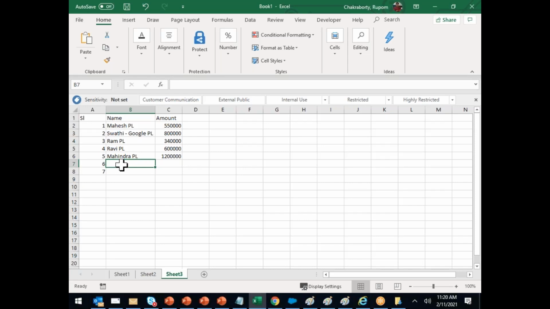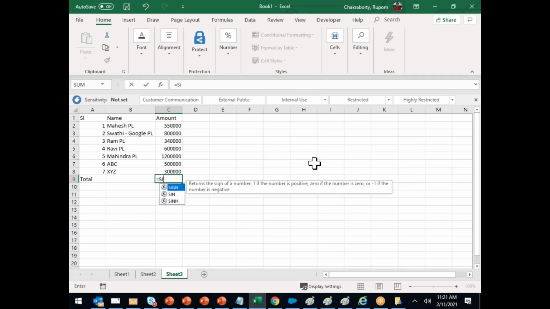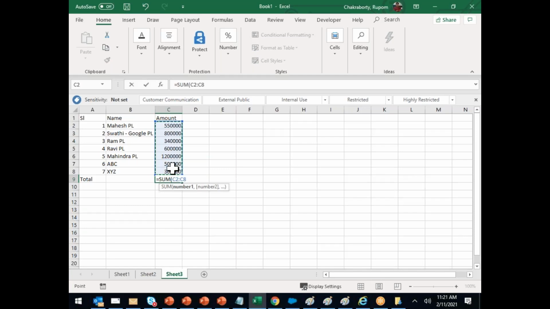Very good. So, somebody from online also wants a loan, it seems. ABC, right? Something, let's say, 5 lakh. Right? XYZ, let's say some 3 lakhs. Right? Number of zeros. So total. Now I make the total equal to the sum of all this.